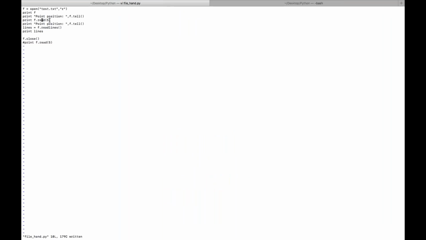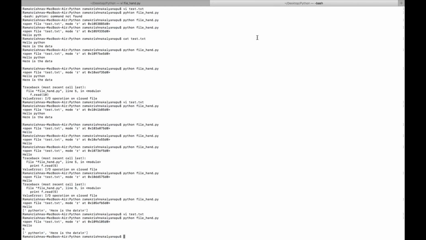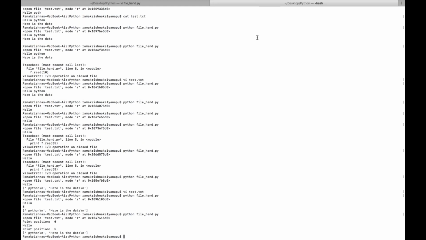After that we gave f dot read 5. So 5 characters it will read, so it will move to the fifth character. Then if you check the position again, it will give the position after the fifth character. See, first position is 0 and we are reading 5 characters, and the position will change to 5. 0 1 2 3 4, it will move to the fifth character. Okay, so the position is 5,